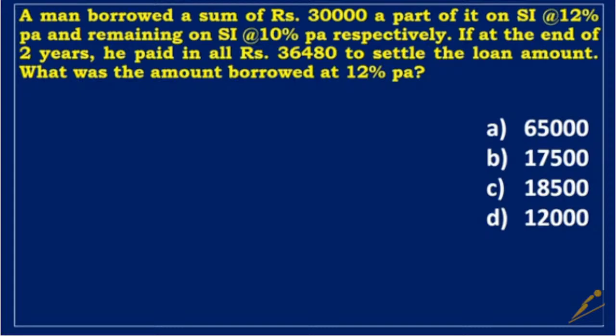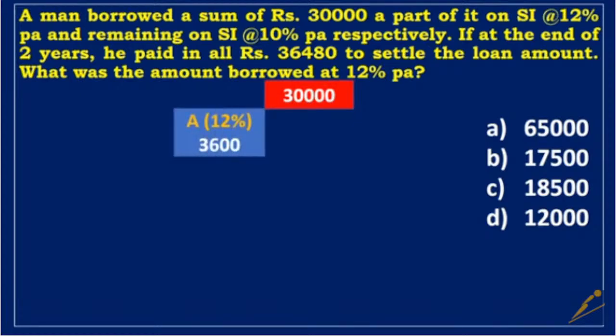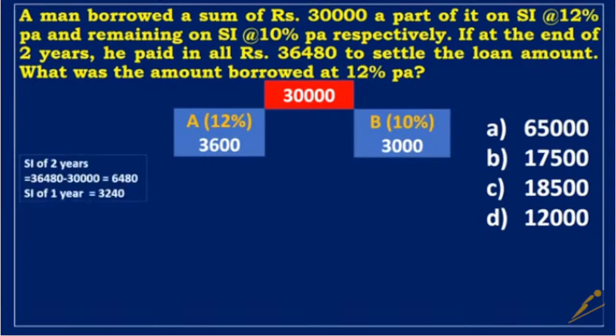A man borrowed a sum of rupees 30,000. He borrowed money on the simple interest of 12%, which is 12% of 30,000, is 3,600 rupees. He also borrowed money on the simple interest of 10%, which is 10% of 30,000, is 3,000 rupees. A simple interest of 2 years is the difference between 36,480 and 30,000, which is 6,480 rupees. Then simple interest for 1 year is 3,240 rupees. The difference between 3,000